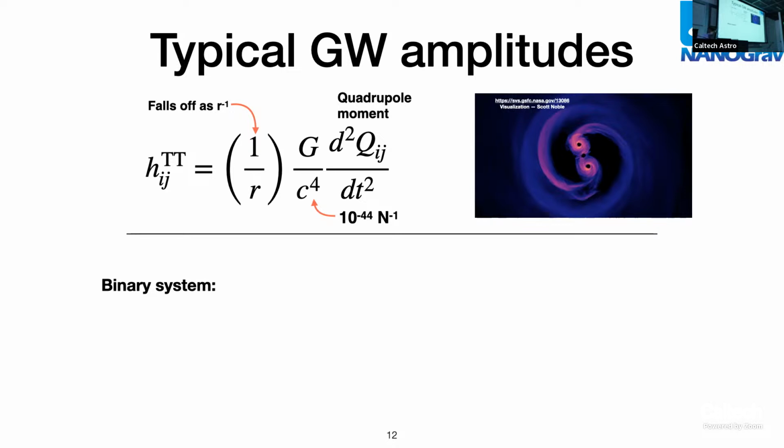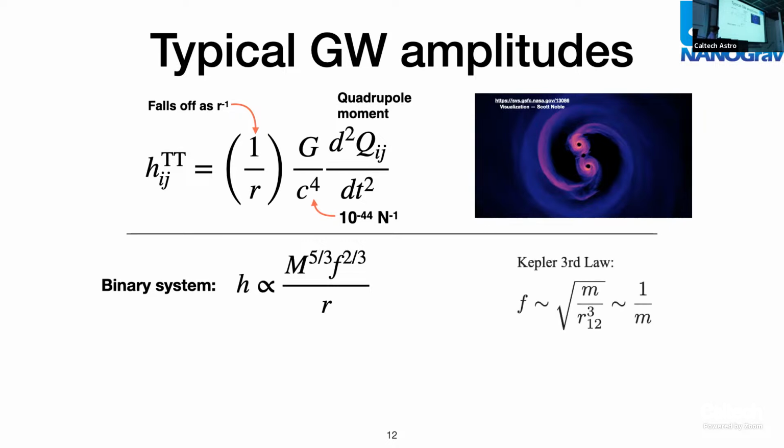And so what that means is that you need very massive things moving very quickly to produce meaningful strains from your gravitational waves. So on the right is a pictorial example of one of these things. This is a supermassive black hole binary. So the strain roughly for a binary, like what you see there, goes as something like the mass of the system to the 5/3 times the frequency of the system to the 2/3 divided by the distance to the source. And if we're talking about very heavy masses, we're usually talking about lower frequencies. If we're talking about lighter masses, we're typically talking about higher frequencies.